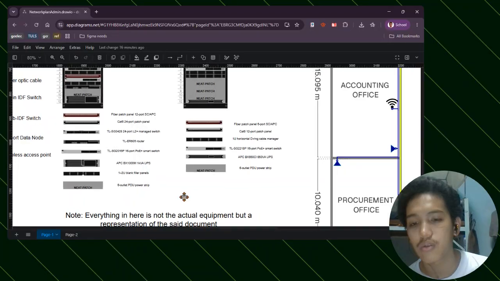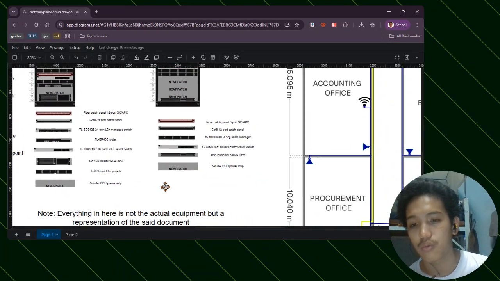The same can also be found in the sub IDF with little difference. In the sub IDF, the 24-port managed switch is gone, but the 16-port power over Ethernet smart switch remains. It also has the fiber patch panel and a standard Cat6 patch panel.